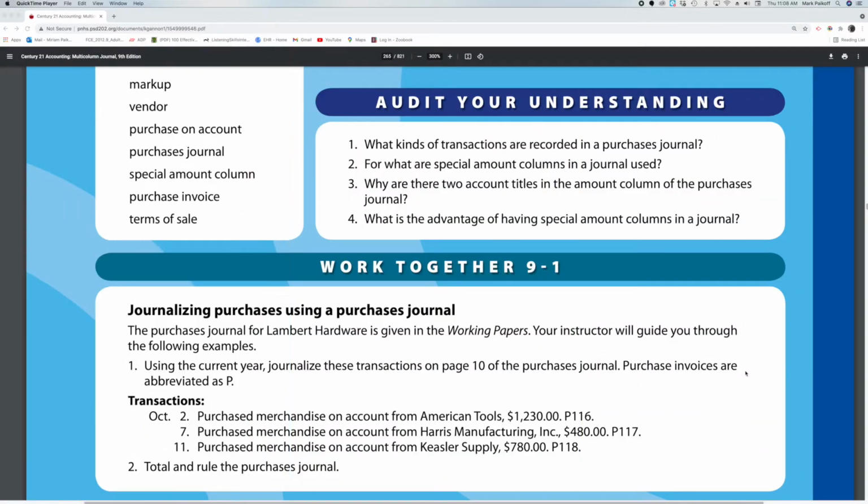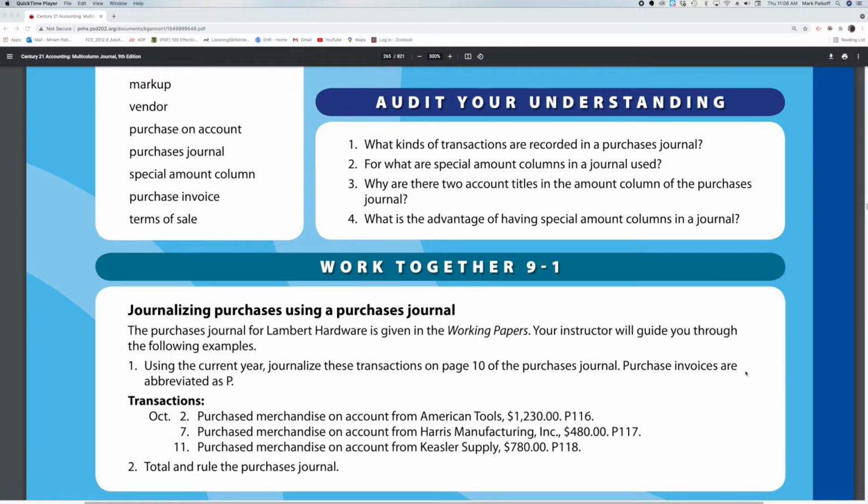Today, I will be going over the 9-1 work together. So let's jump right into the video. Okay, so as I had stated before, I'm going to be going over the 9-1 work together. In the last video, I read over the 9-1 text. If you did miss that video for any reason, please click the link in the description. But anyway, today I will be going over the 9-1 work together, where we will be journalizing purchases using a